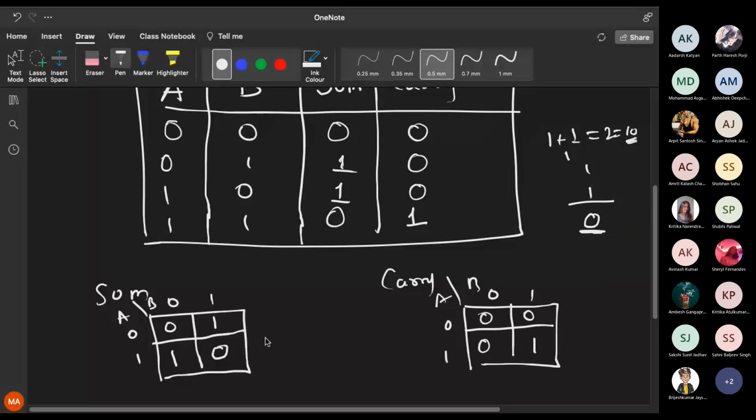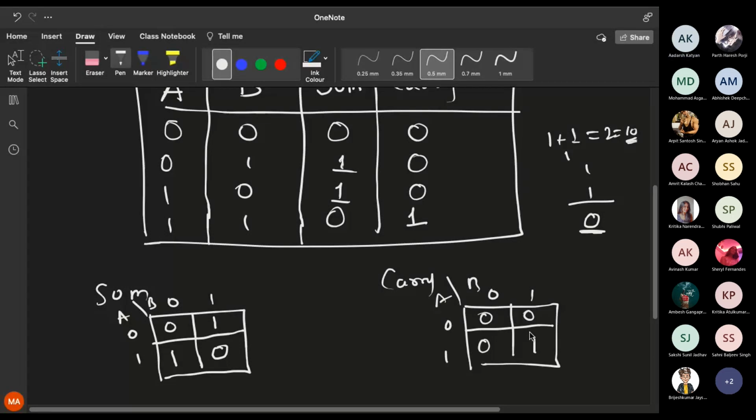Did you understand how the K-map was made? So the K-map just came out of this table. If A and B are 0, then sum is 0 and carry is 0. That is how the K-map came. If A and B are 1 1, that means we are talking about this cell. The sum will be 0. And in the same cell, the carry is 1. That is why we have written 1 over there. So we just mapped the table into the K-map. Got this idea?